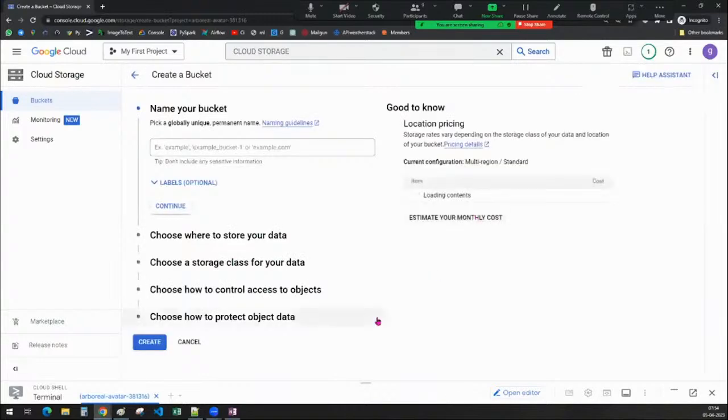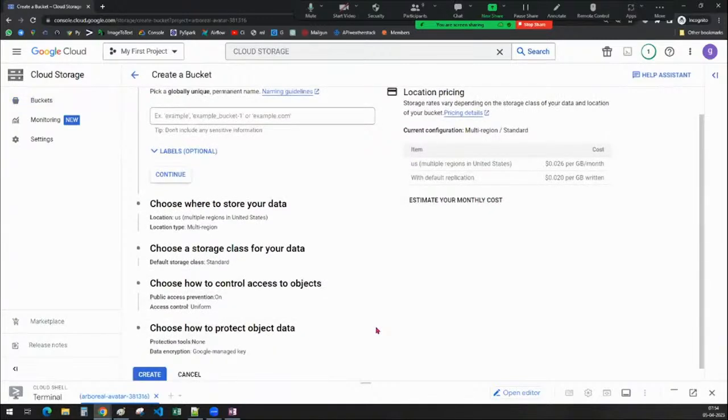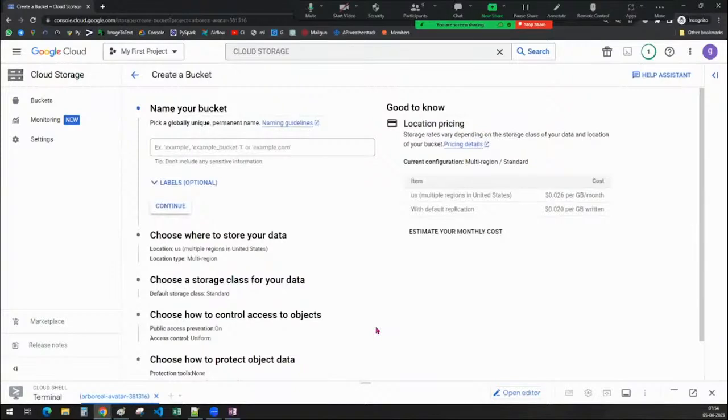When you click on create bucket, as I told you, there are a few things we have to remember while creating a bucket. First thing, while providing a name for your bucket, we have to pick a proper globally unique name. When I say globally unique name, no one has used this particular name so far as a Google Cloud Storage